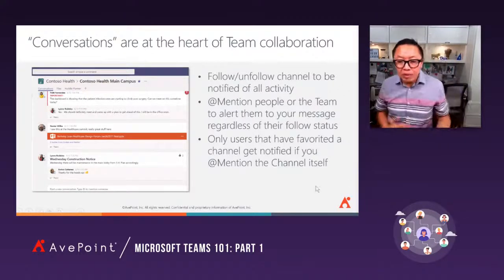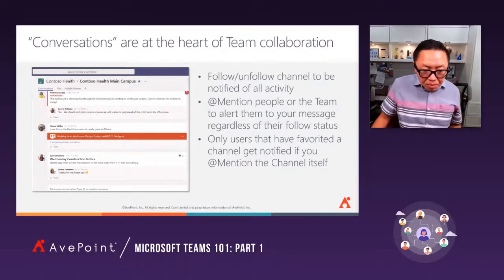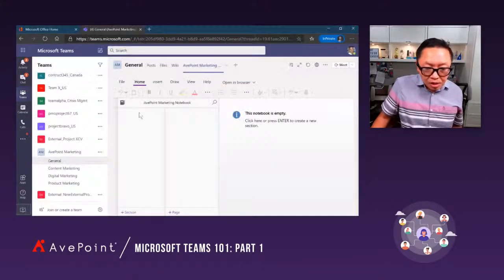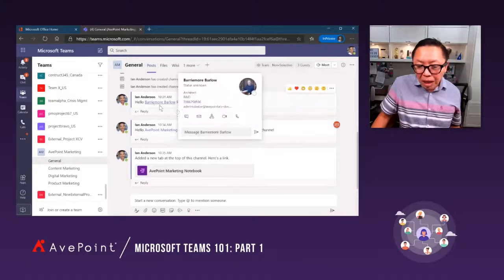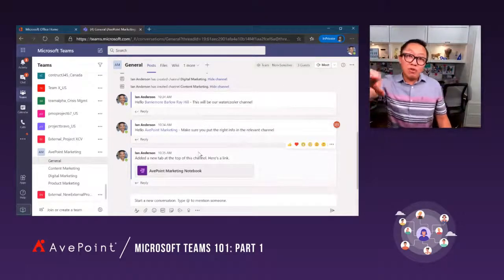Mention people or the team to alert them of your message. You see, the thing is, if you mention people, so let me show you this example, friends. So like this one, right? Notice, let me go back here. So notice I mentioned AppPoint Marketing or Barry or Ray. When I mention them, they will get notification.